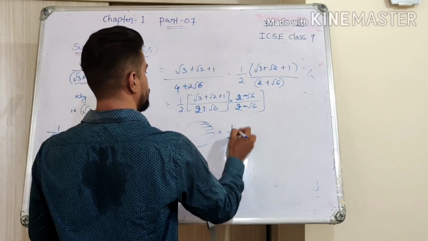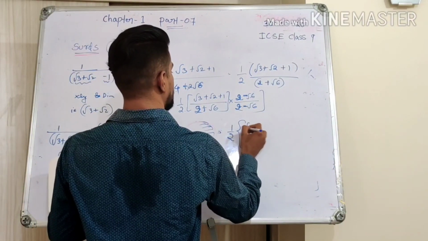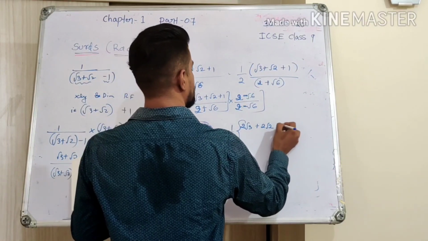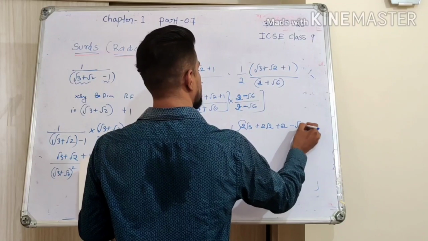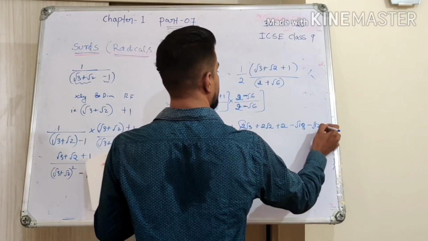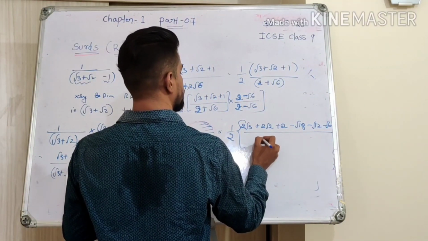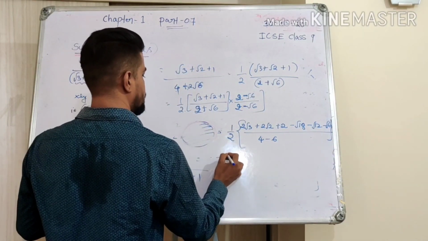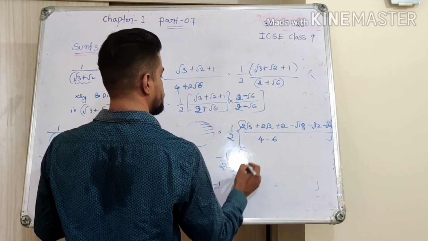So it will be 1 by 2 now. So this is multiplied root 3, 2 root 3 plus 2 root 2 plus 2. I just multiplied by 2 first, and then minus root 18 minus root 12 minus root 6. Yes, everything will come in place now. So this is 2 square 4 minus 6. Yes. So this will become minus 1 by 2 into 2 because of this minus sign. So, and everything else is normal.